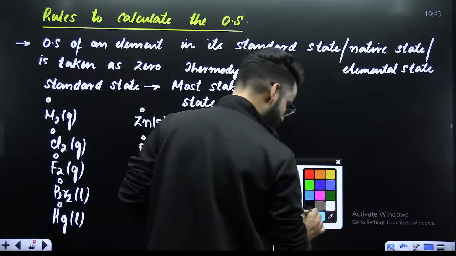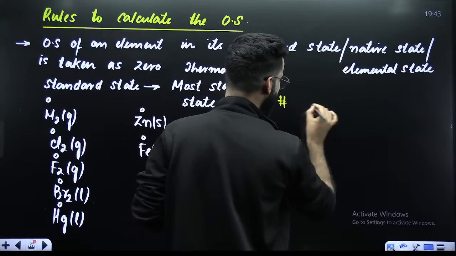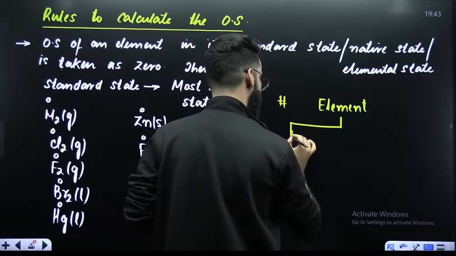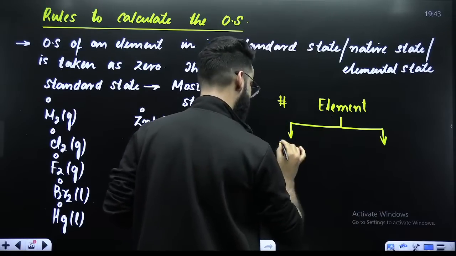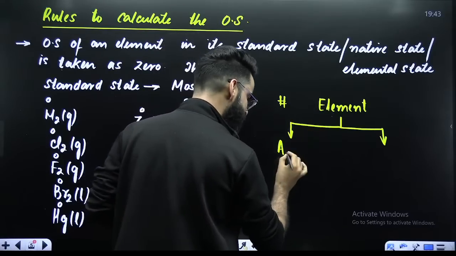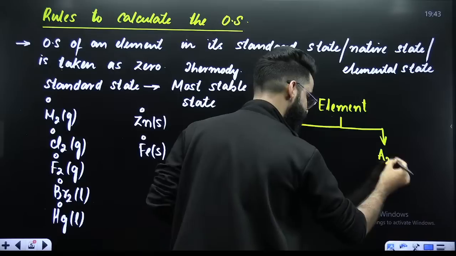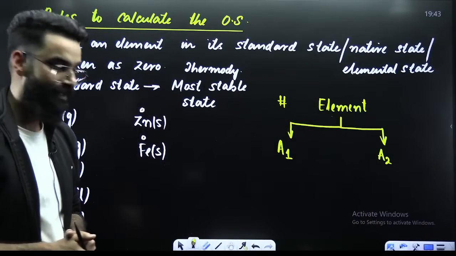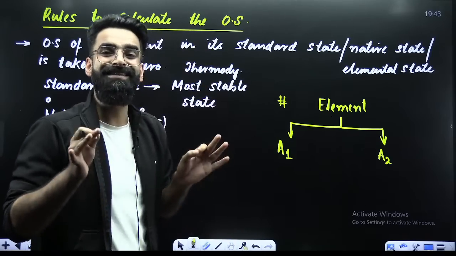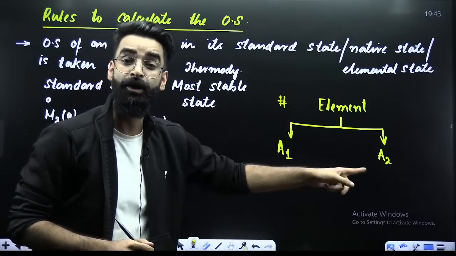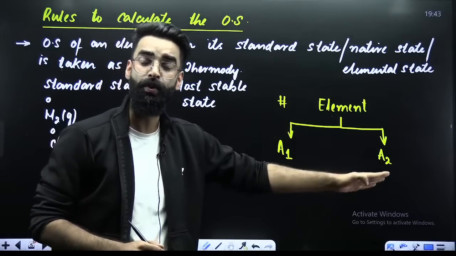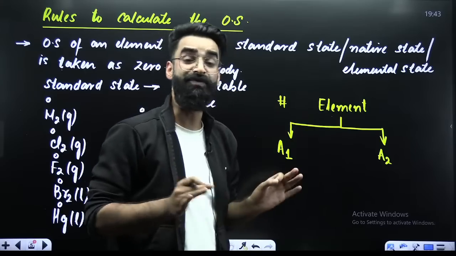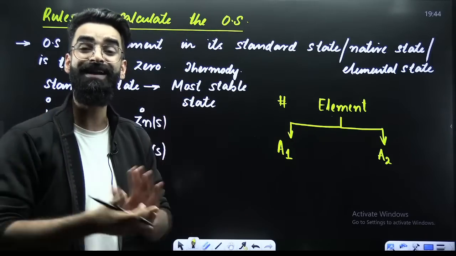What is that? My dear students, remember, whenever you see an element having allotropes, let's say you've got an element which has got two allotropes, A1 and A2, right? Now, which allotrope is considered as the standard state of this element? That allotrope among these two which will be thermodynamically more stable